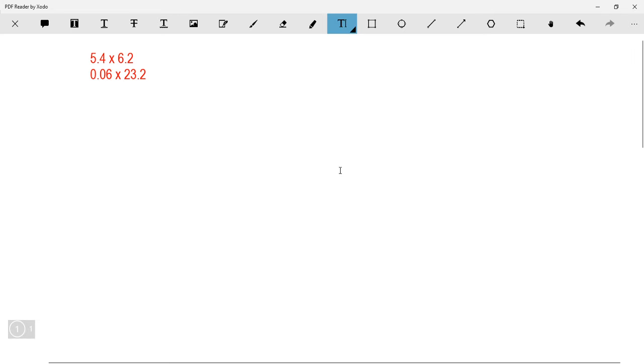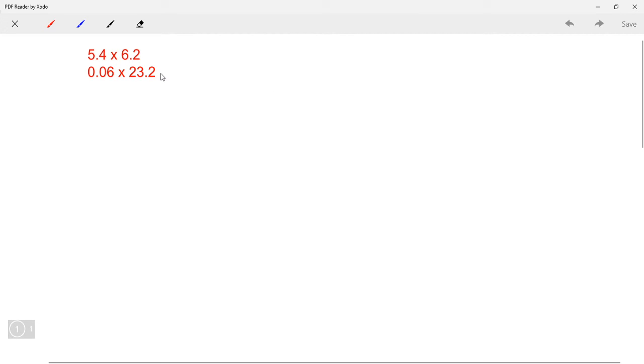Alright, today we are going to go over multiplying decimals. We are going to start with the standard algorithm for multiplying decimals first. So, it's pretty straightforward. Basically, the method I would suggest is